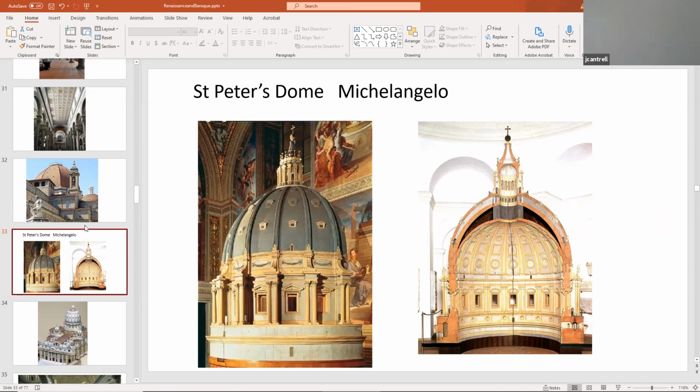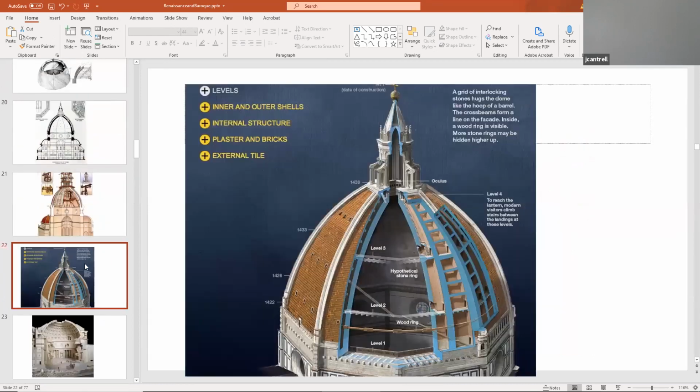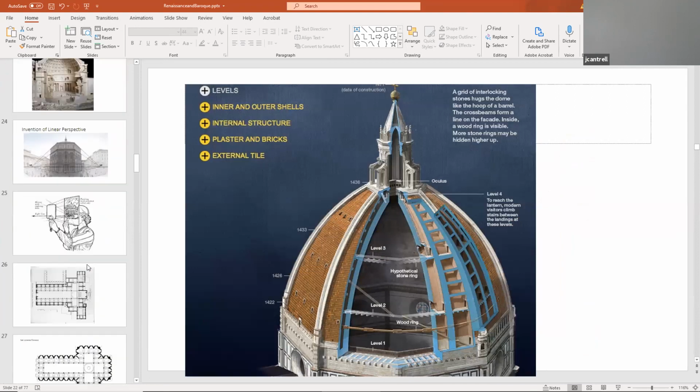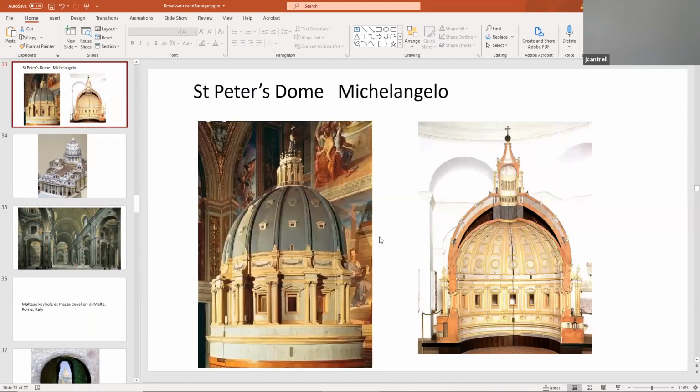So we don't see the buttresses on Brunelleschi's dome, which was probably a little bit more sophisticated than Michelangelo's, but still they're both unbelievable. And Michelangelo was 90 years old when he did St. Peter's. This is before they had health insurance, and they ate real food and drank watered down wine, and he lived and breathed architecture. But for somebody to do this in their 90s is just unbelievable.